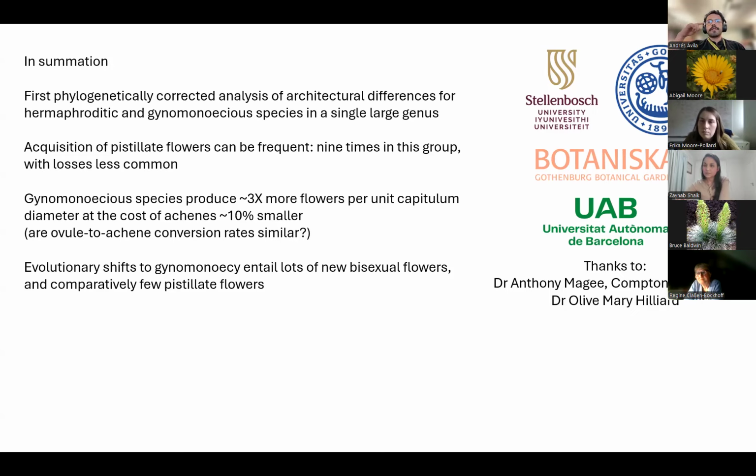I don't know if there is variation in the shape of the receptacle, and having these ratios on the diameter may be altering the number of flowers that are being counted in the unit. It's different if the receptacle is flattened and that's a diameter, but there might be some species that have some physiognomy giving you greater numbers of flowers per the unit that you're analyzing. So I don't know if that's happening. There might be some gynomonoecious capitula that have more flowers because of the shape of